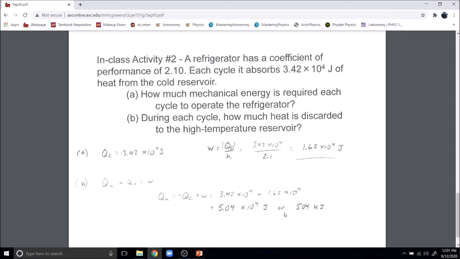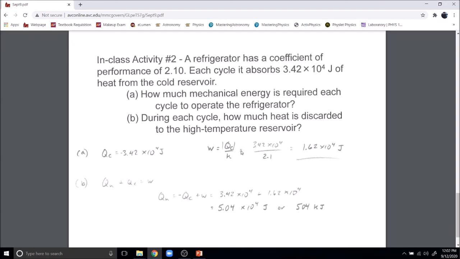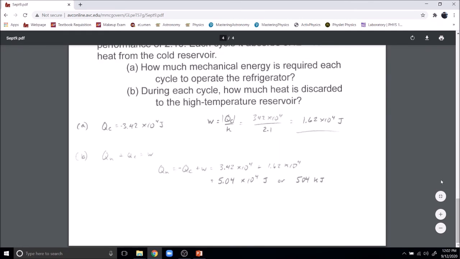So we add these up, we get 504 kilojoules. So with this refrigerator, with the performance that it has, it can take out this much energy. It requires this much work to be done, and then overall we're expelling 504 kilojoules of this. All right, so that takes us to the end of this, and